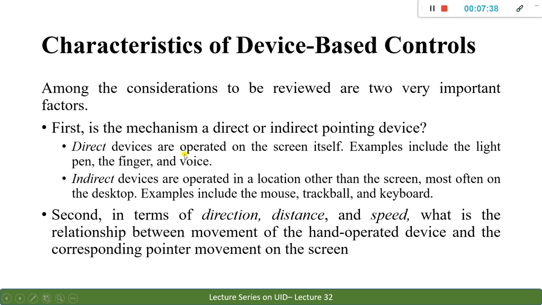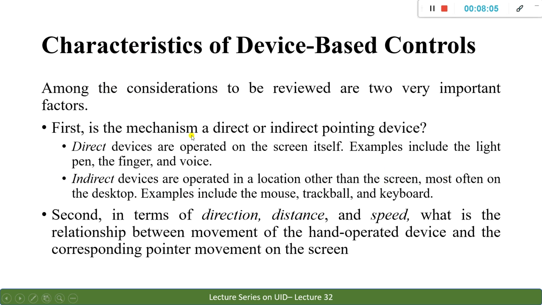Whenever you think about direct pointing devices, it is really not feasible for us to have them in the graphical user interface, apart from some touch screens. So this is the physical movement that can be shown, which is called direct devices. When you come to indirect devices, they are the devices that are operated in a location other than the screen, but most often on the desktop.